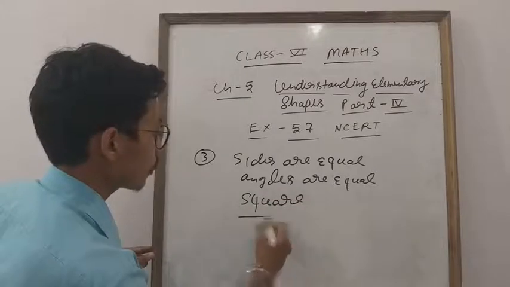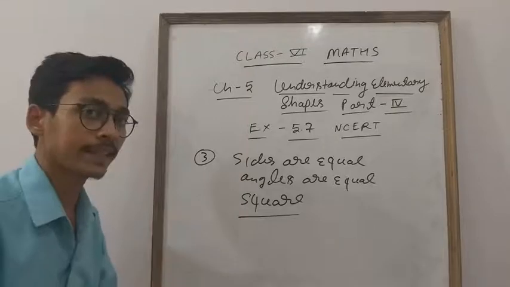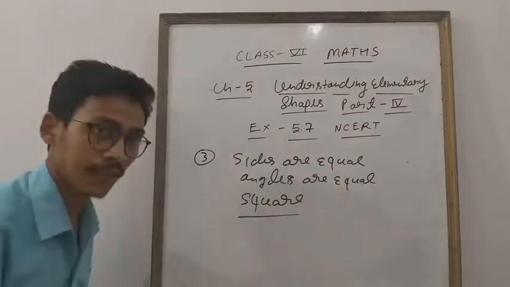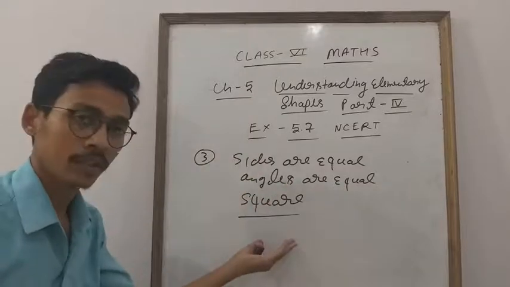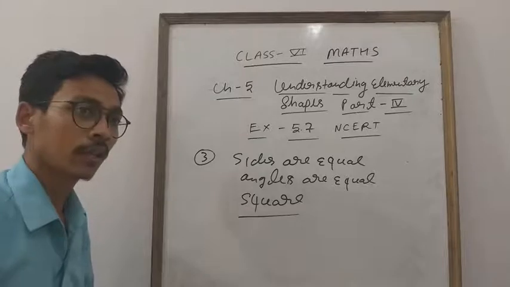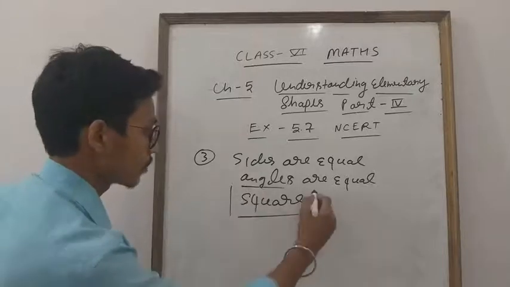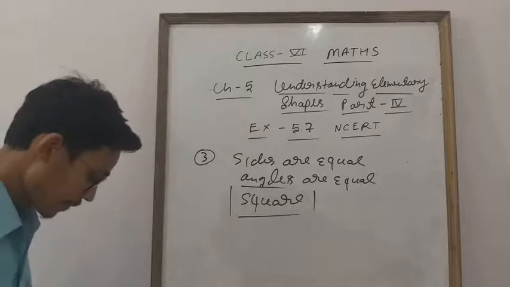You can say, sir, it is also maybe possible that it is a rectangle. Okay, but in a rectangle, opposite sides are equal. It is not mentioned that opposite sides are equal. It is mentioned that sides are equal and angles are equal. So only one, this is a square. Okay, because in a parallelogram also opposite sides are parallel. So only a square is the possibility. Okay everyone? Okay, so 5.7 is also done, student.